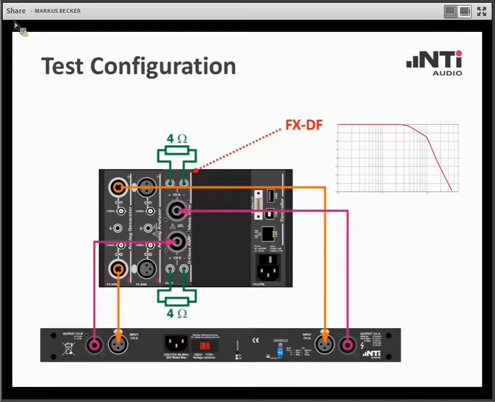The purpose of this module is that it filters out the upper frequency components that are typically generated by D-class amplifiers. These upper components are, of course, not audible to the listener of the music, for instance. They are beyond the 20 kilohertz band, but they have a heavy impact on measurement results, especially on distortion measurements.